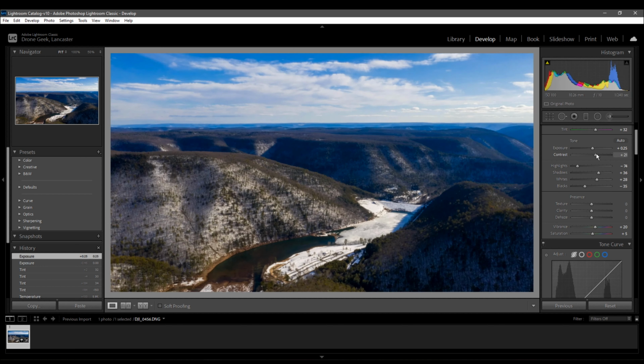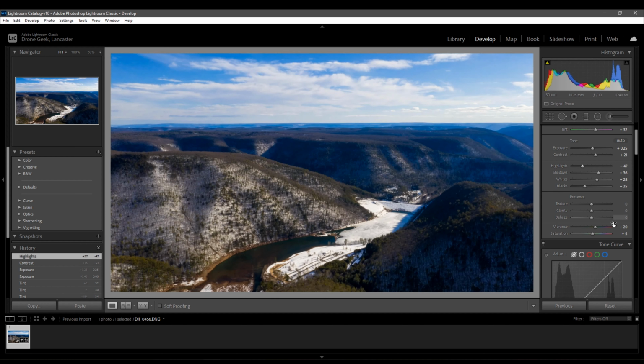Contrast, I like to have a little bit more. I usually set my contrast for landscape photography, especially a photo like this, around 20. 21 seems pretty comfortable for me as well. So 20 will be just fine for the contrast. Now is where we get into the highlights. So we're gonna get to a brush tool that'll allow us to touch up individual areas of this photo and not the photo as a whole. So we want to keep that in mind when we adjust our highlights. They're a little low for my liking. We'll bring this back up